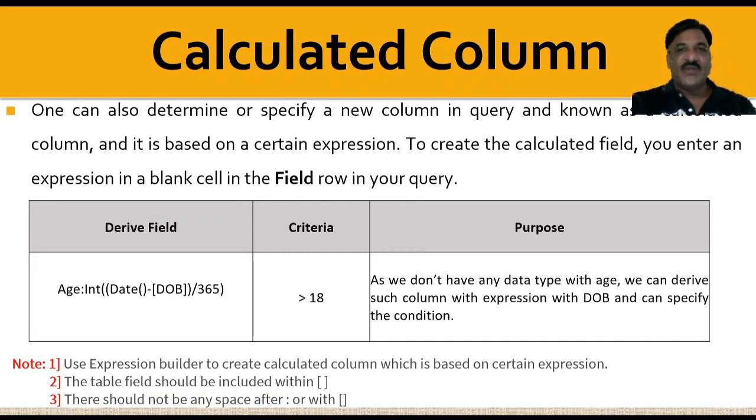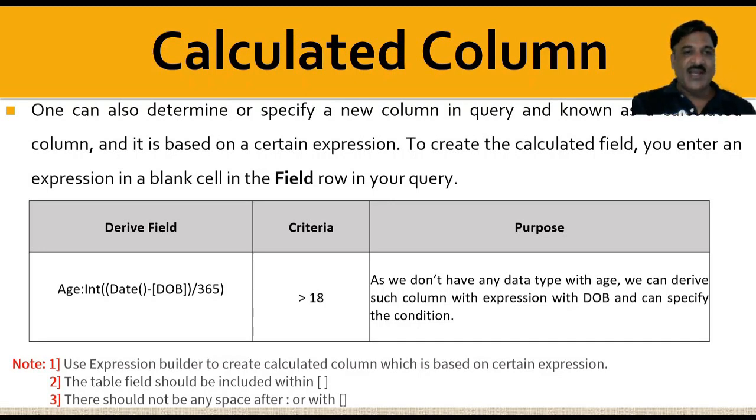Then you can also derive a new column based on certain existing columns. For example, in our database we don't have a column something like age. Suppose you want to find out the age of a particular student as on today, so in that case how can you derive this new column? So what you need to do? Date, current date minus date of birth. The date minus date will return what? A number. So number divided by 365, it means we are simply converting that number into years. It might be possible that during the division you may get a fraction value. So the integer function will do what? It will ignore those fraction values.